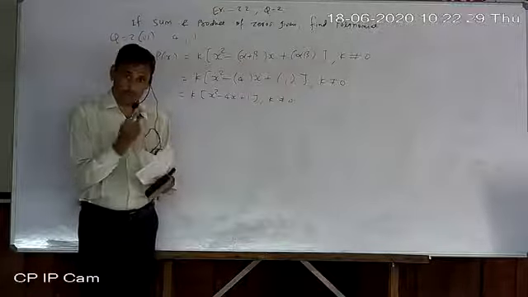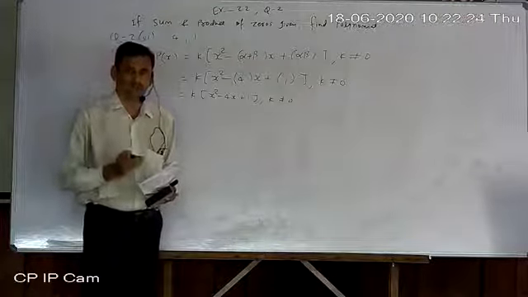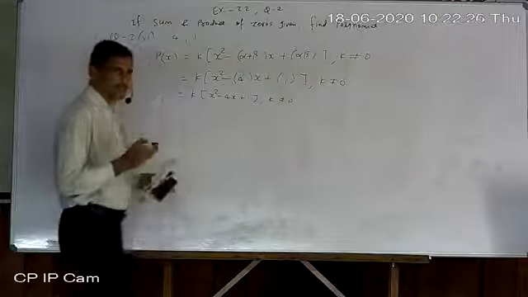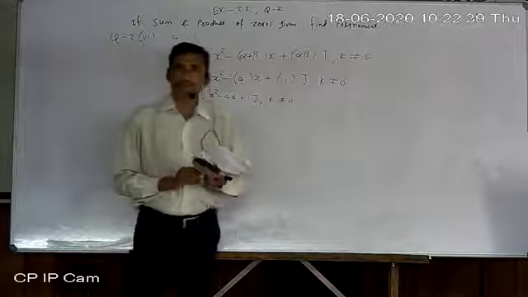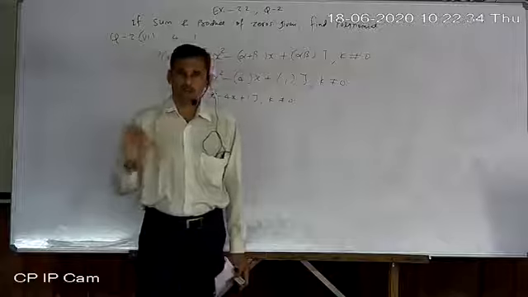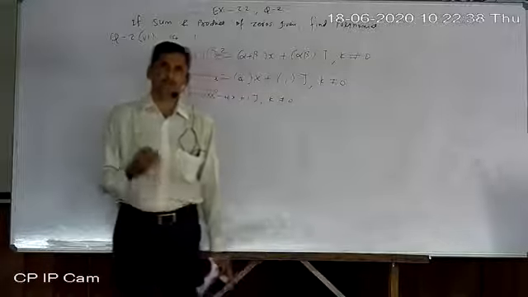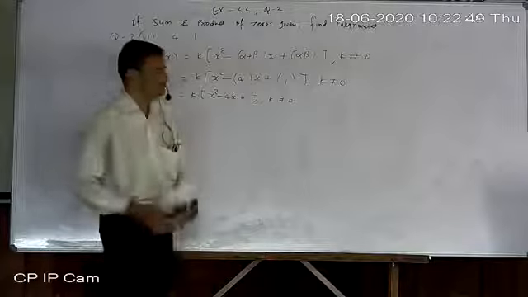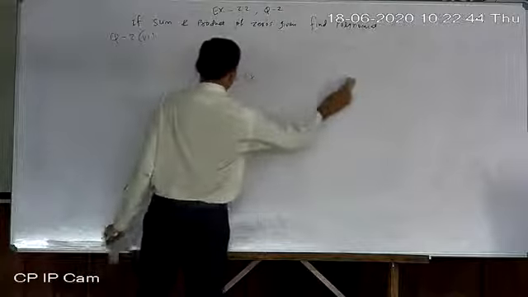There are 2 other methods. We will learn this in chapter number 4. So by that method we can find alpha and beta. There is no one method of solving any quadratic equation; there are 2 other methods also. You will study this in lesson number 4. Okay, so that is again a very simple topic.